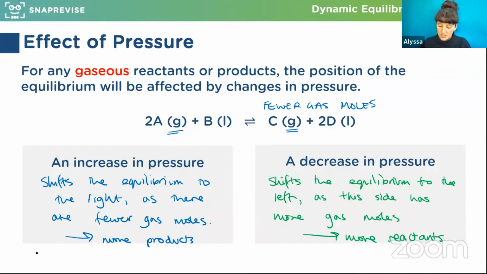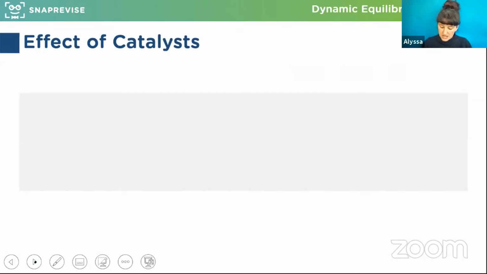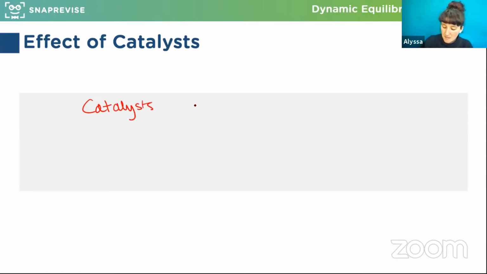Final thing that I wanted to mention is catalysts. What effect do catalysts have on the position of equilibrium? Oh, great, Liz. I'm glad. That's great to hear. Thank you. Good. What about this effect of catalysts then, guys? Good. Well done to those of you that have spotted straight away they don't have an effect. And they like to chuck this into an exam question just to see if you're paying attention. So catalysts have no effect on the position of equilibrium.